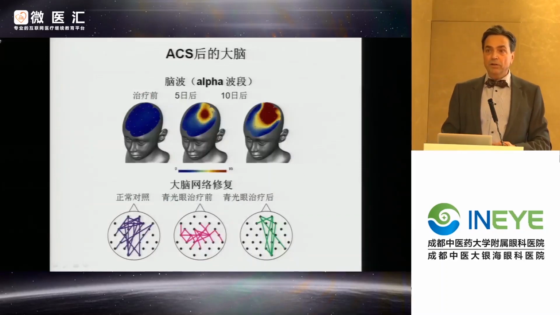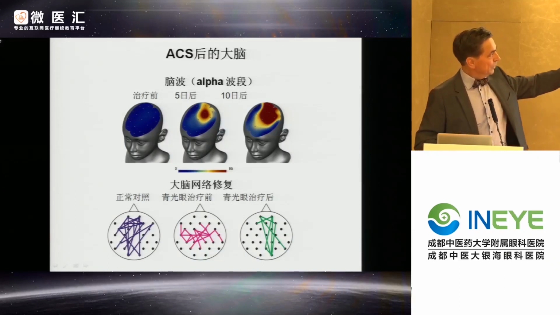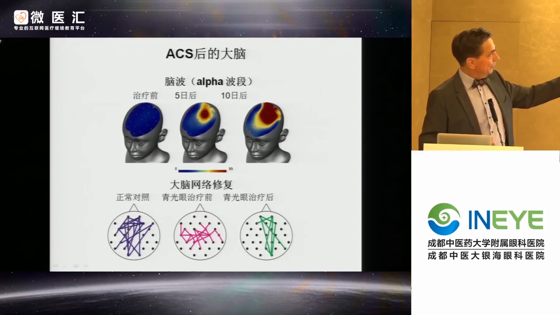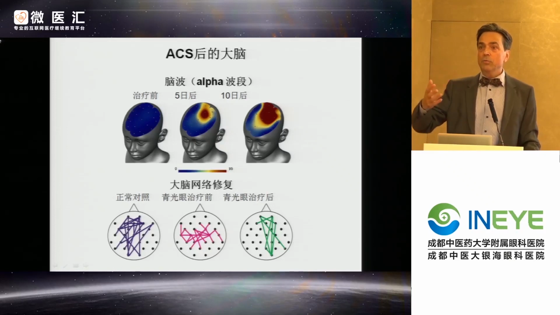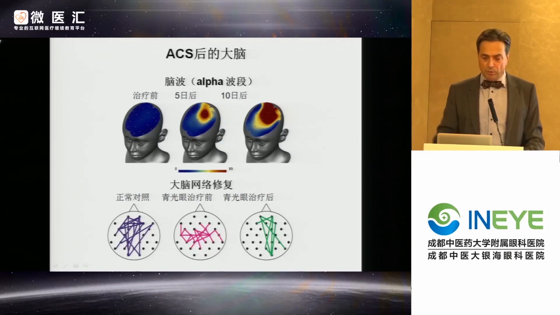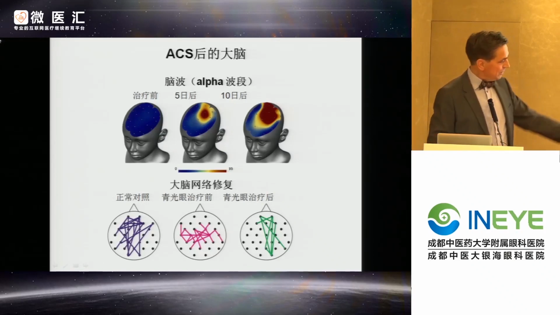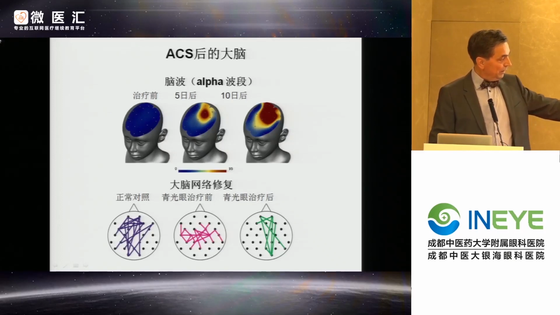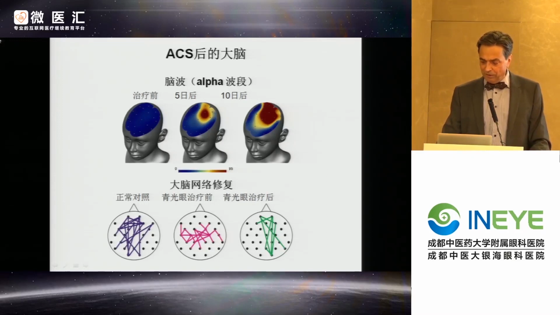You see brain activity before: a patient that suffers vision loss shows no alpha or very little alpha activity in the brain. After 5 days, you have some emerging alpha, and after 10 days, you have much more alpha activity, which is important for vision, which is beneficial for brain networks, because you see on the left, this is a normal connectivity of a patient. In the middle, after optic nerve damage, and on the right, after treatment of 10 days with alternating current stimulation.